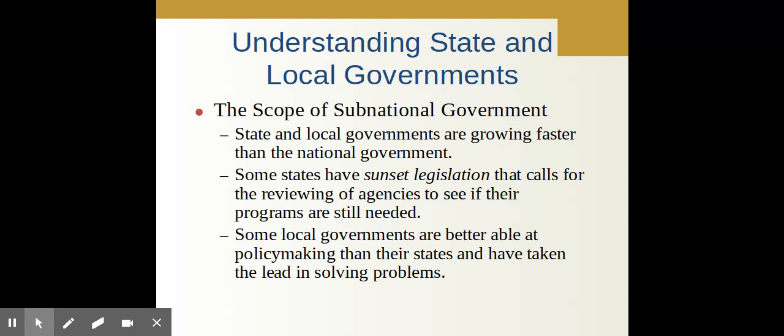So, just in a nutshell, the federal system shares between those three levels. And in each of those three levels, you can find executive, legislative, and judicial to varying degrees. They share power through this federal system, which has both pros and cons. And one of the problems, of course, of local government is it's not paid enough attention to.